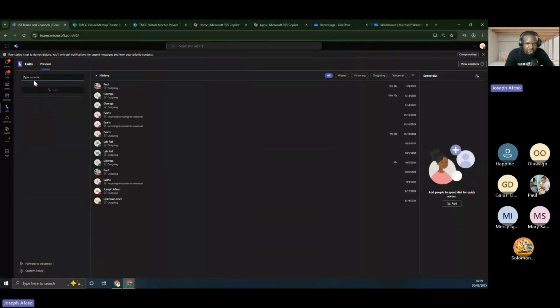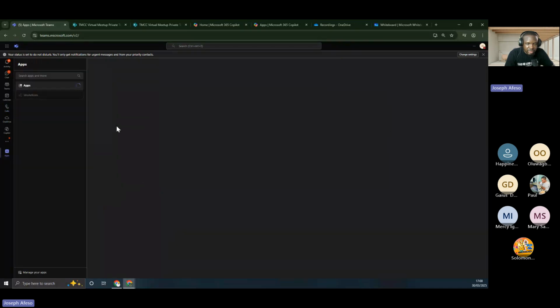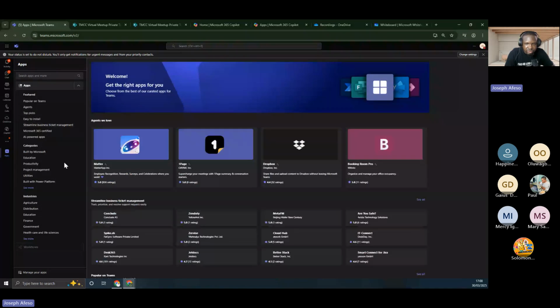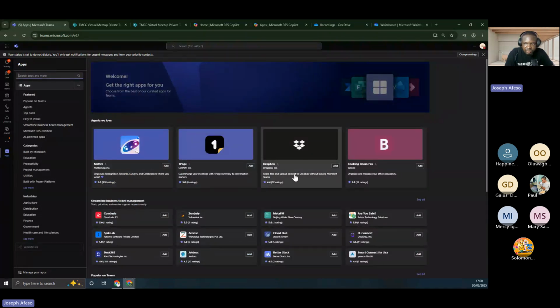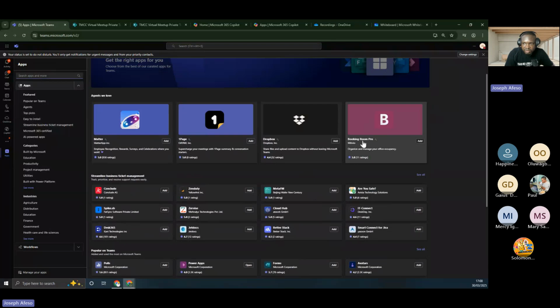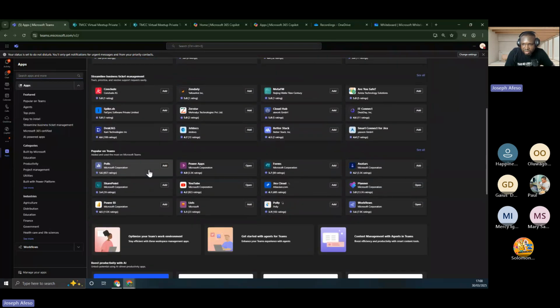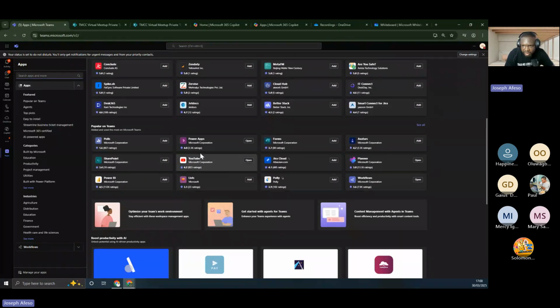Then there's what's called a PSTN call, where you call people from Teams by using their phone numbers. Right from here, you can also access OneDrive, and you can also come to Copilot if you have a Copilot license. If there are applications that you want to bring up, you can click on Apps, and if you see the application you want to use, you can pin it, depending on whether you have access. If I have Bookings, I can easily add it.